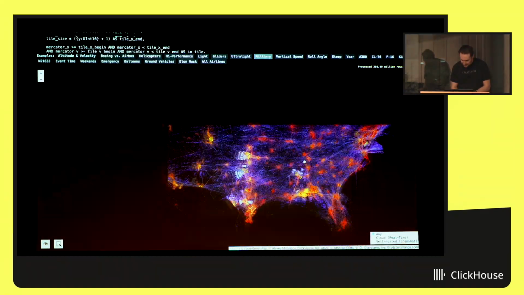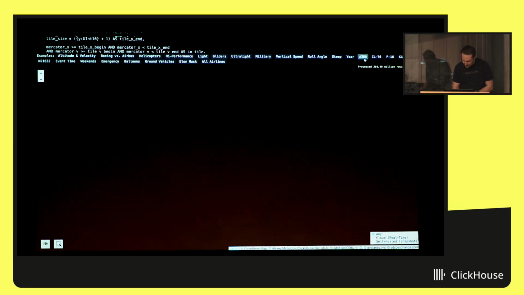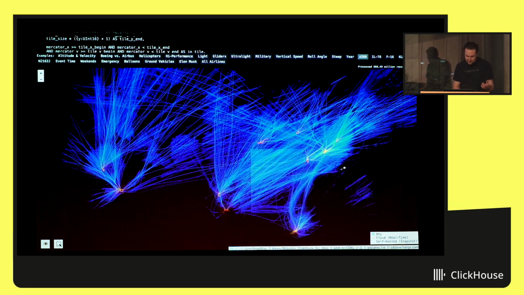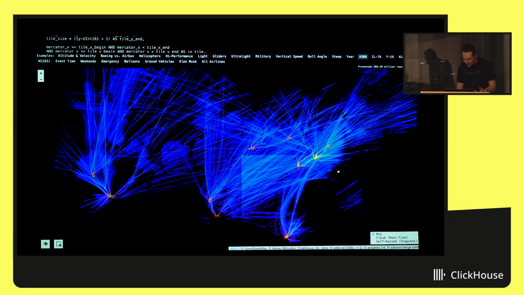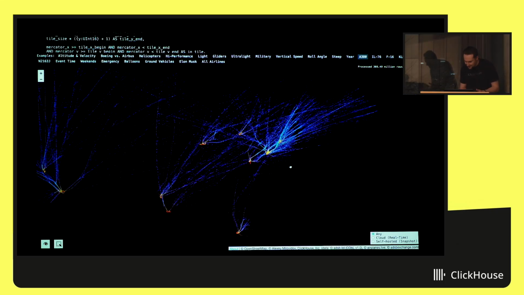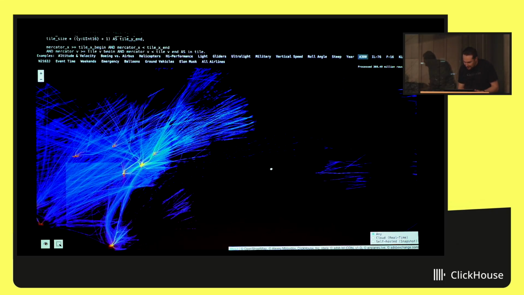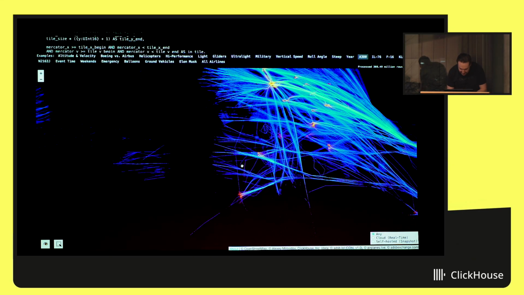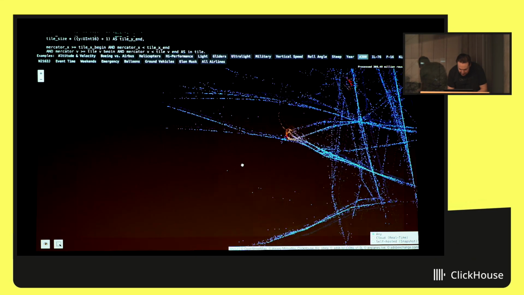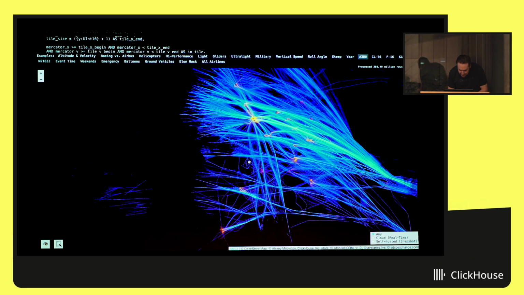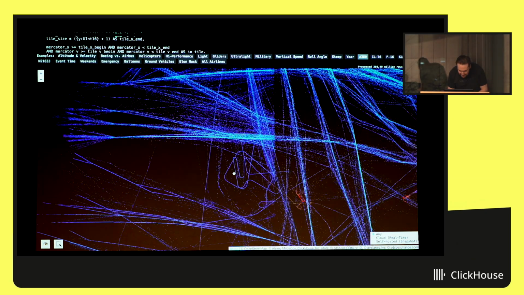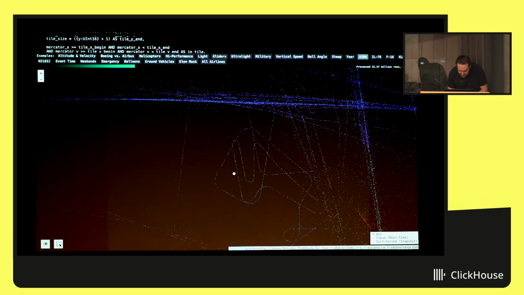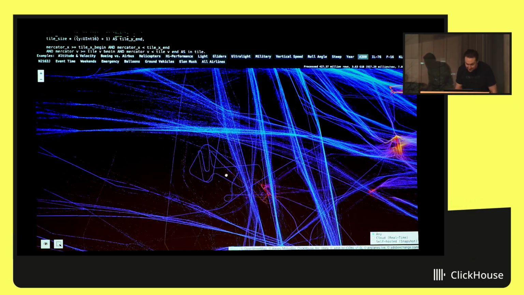For example, if I filter by A380, this is just the usual stuff, airports that are capable of having A380. But if I go to France and near Toulouse, I will see where these A380s are tested.